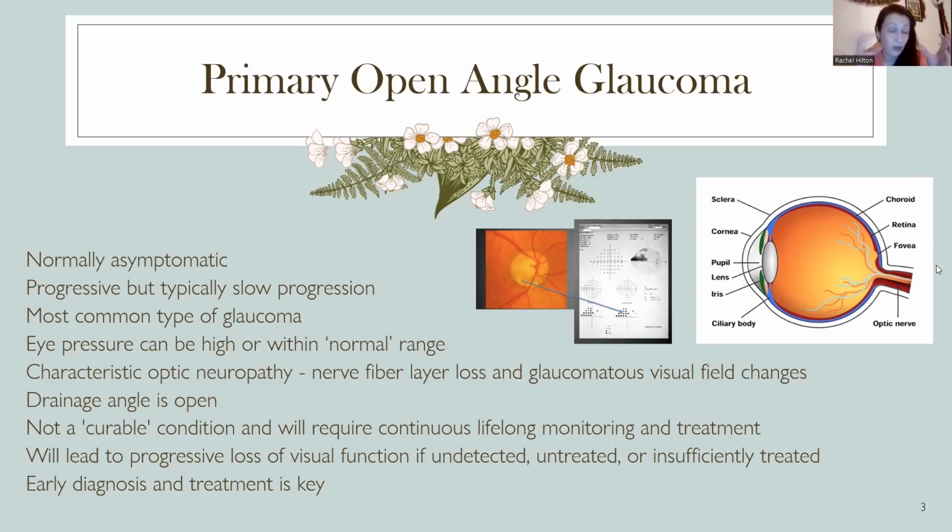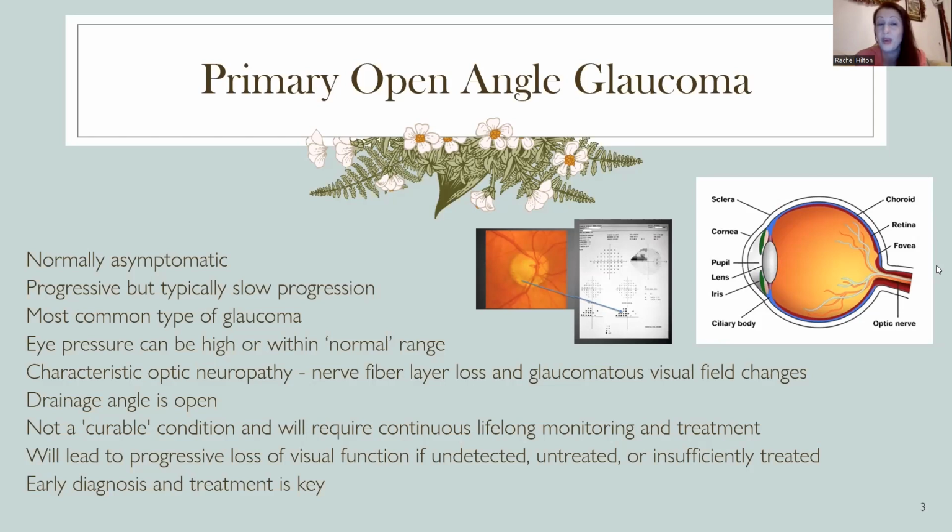You can get that encroaching a bit more centrally, and certainly if it's left undetected or untreated or not responsive to treatment, you can get that slight patchiness of vision that just builds up and joins together and encroaches. And this is where you hear the term tunnel vision, because yes, it can develop into that, where you have an island of central vision left. So there's always optic nerve damage present in glaucoma. It tends to follow a particular pattern that we can say is glaucomatous.